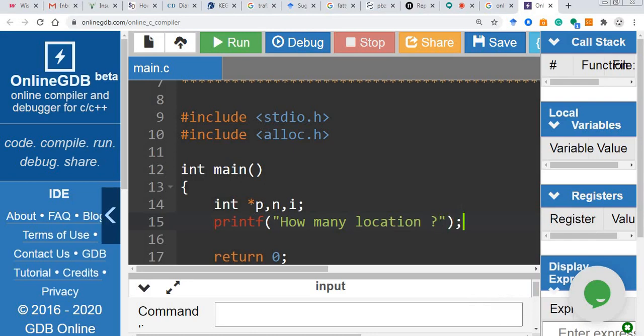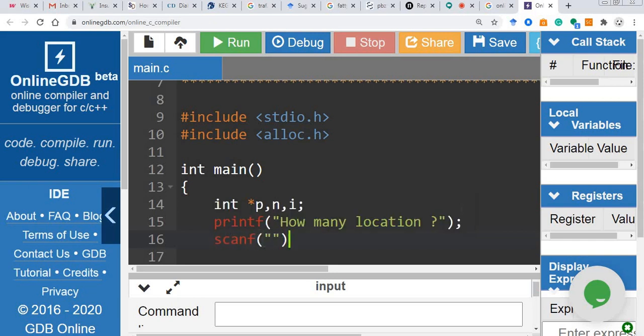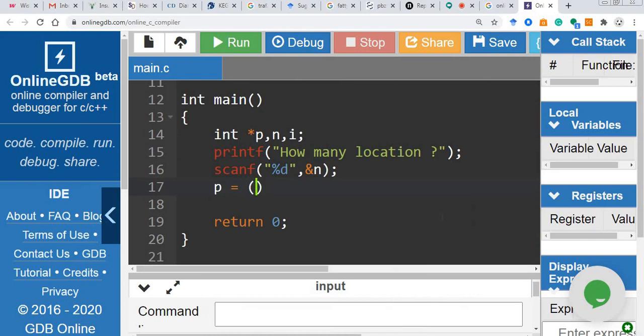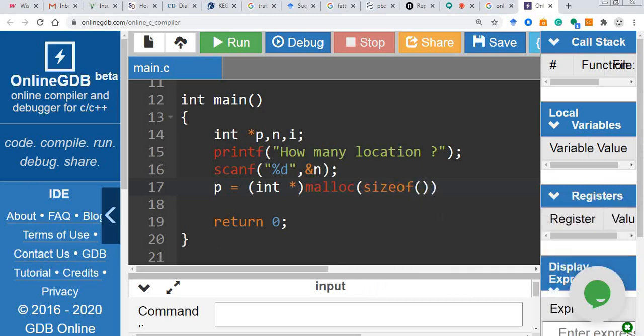Right. So now I will write a scanf statement with %d, comma, &n, and here then I will write p equal to int pointer, then malloc, sizeof int into n,